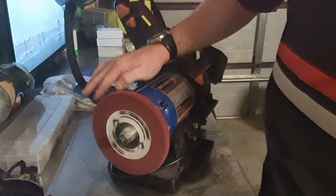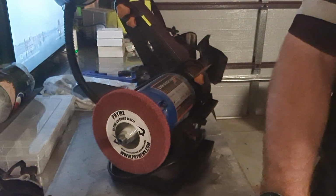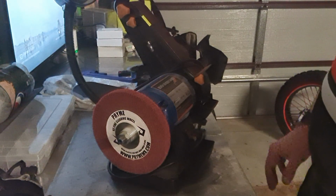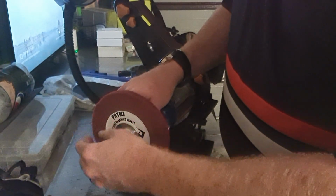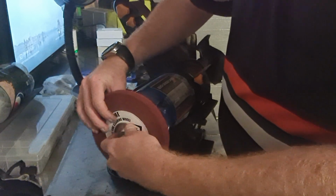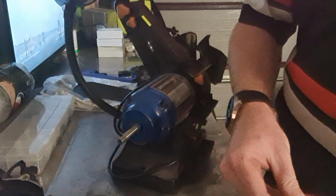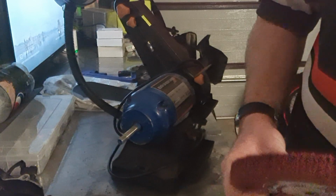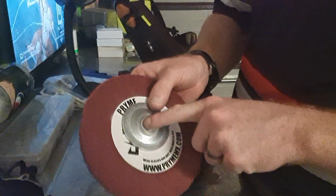Cool, so that's where we are now. It's spinning nice and good. I think these are the same size spacers. Yeah, they are. What we might do is just wing it from here. There's not enough thread on that to put that on. So what I might have to do is take one of these spacers. Going to use the same